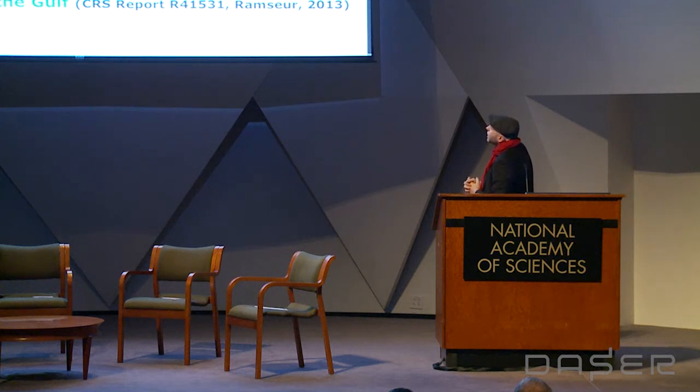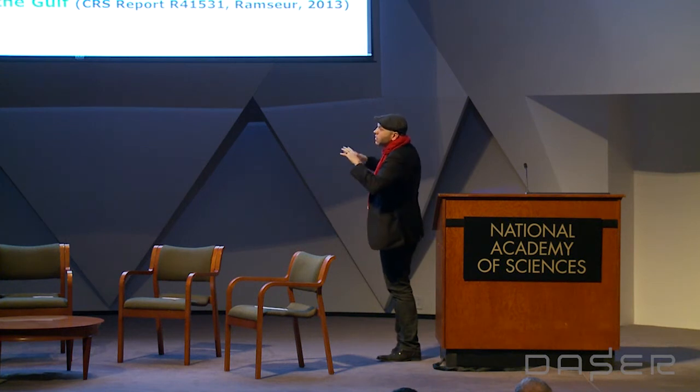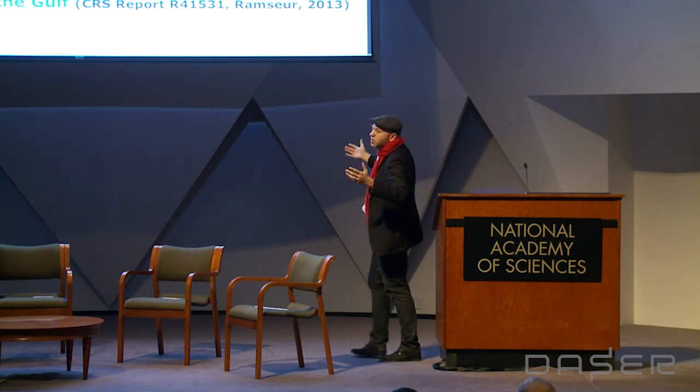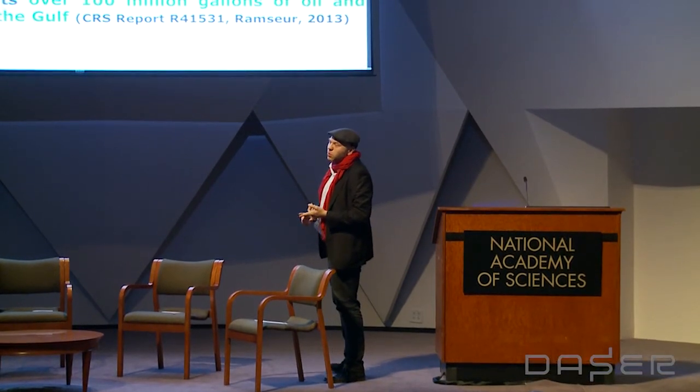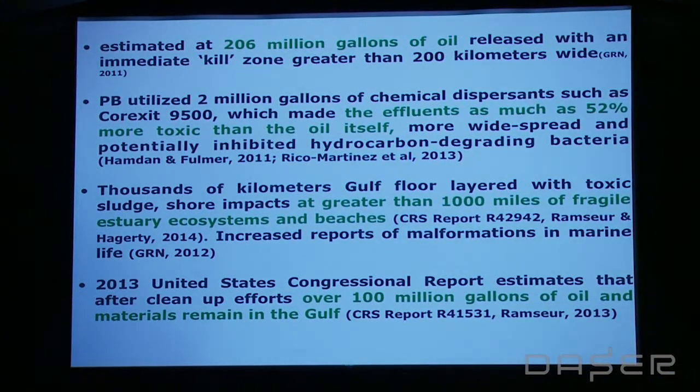Hopefully that's pretty accurate. Secondly, as Kim was talking about, you never can quite tell. This is such a huge environmental system that's constantly changing. So where did that oil go? The other thing that some studies have shown is by using dispersants, it made it 52% more toxic to marine life. Secondly, it inhibited the growth of bacteria that would naturally eat the oil. So the question is, why in the world would you use dispersants that are making it heavier, that are slowing down the process? Anyway, it's a different debate that we can get into later,